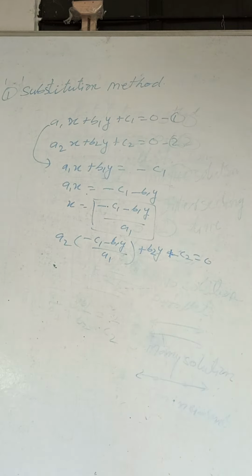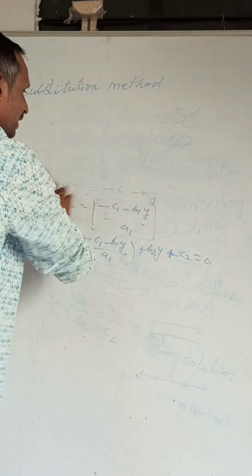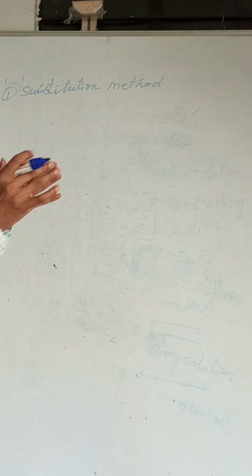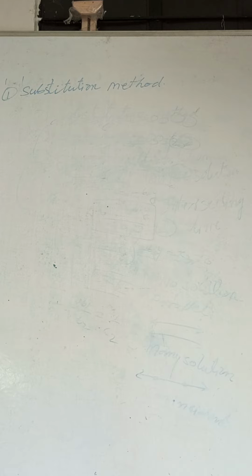Let's explore this with an example, to learn how to substitute. First, you have to select one equation, whether it is the first or the second. Second, you have to choose which variable you are going to substitute. Third, keep that value in the other equation and solve using the BODMAS method.